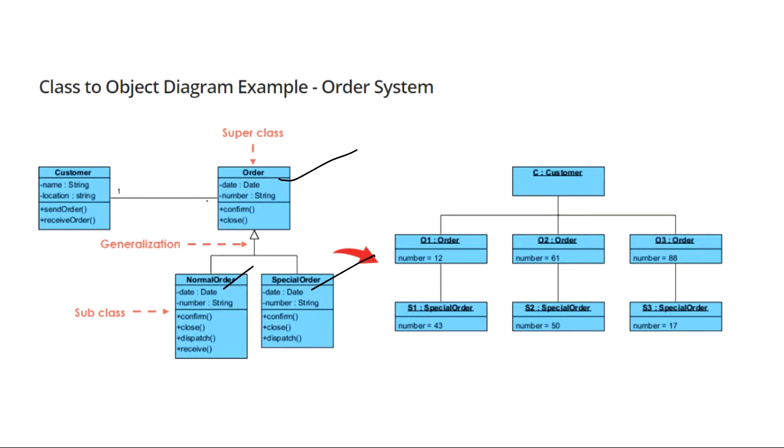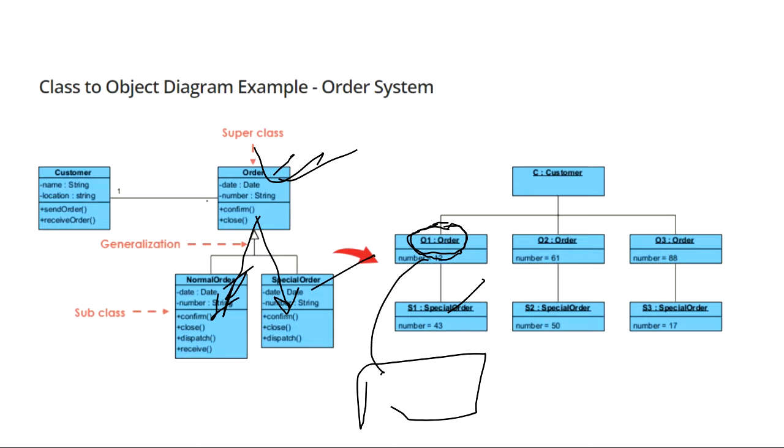In inheritance, what happens is that the order object has two types. That is what we have seen in the use case diagram also, right? Inheritance is nothing but simply you are giving options. You are giving two options for the order class. If you are making an object for the order class, it can be a special order. If you are making an object of the order class, it can be a normal order also. So multiplicity doesn't make much sense here.